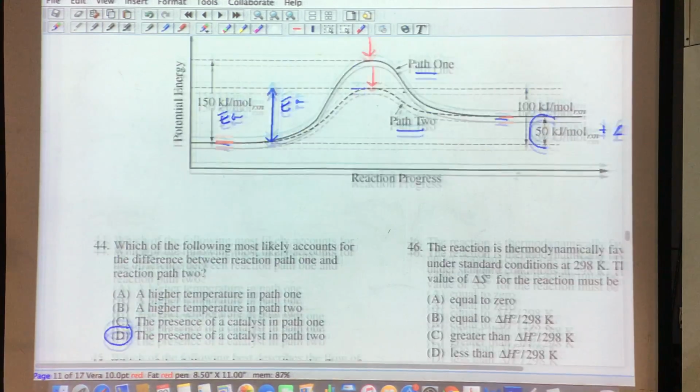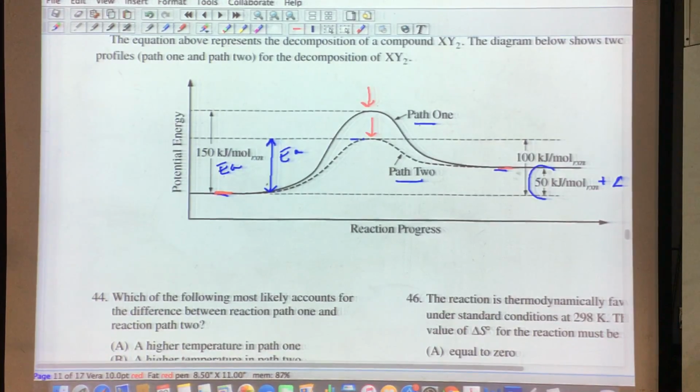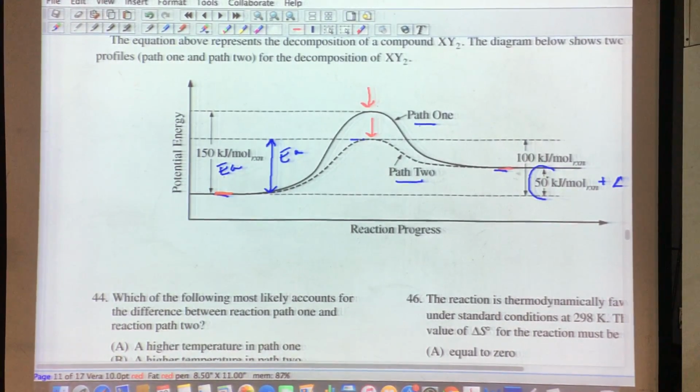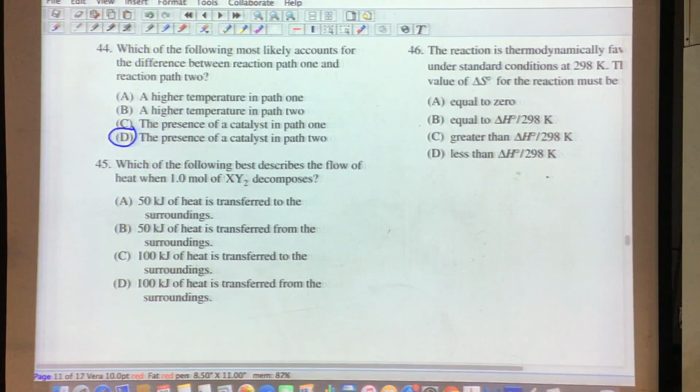Now, why is it 50, not 100? 100 represents the activation energy of the catalyzed reaction. They're making you realize that delta H was 50. So 50 joules of heat are transferred into the surroundings. That'd be released. That'd be exothermic. 50 kilojoules are transferred from the surroundings. That means it came from the surroundings. It was consumed or absorbed. B is the answer. Okay, so not very difficult, but making you look at